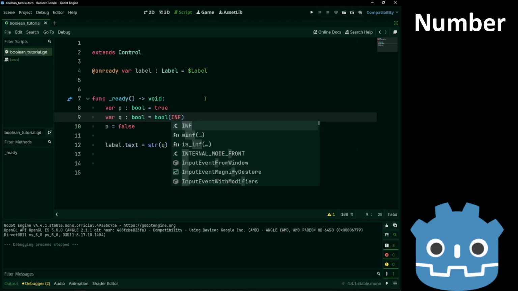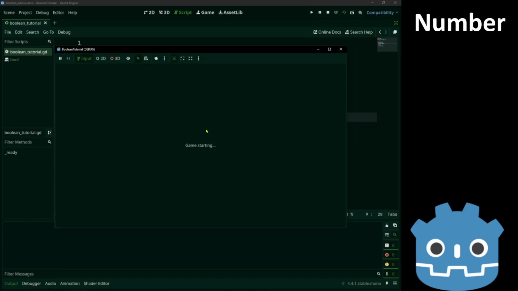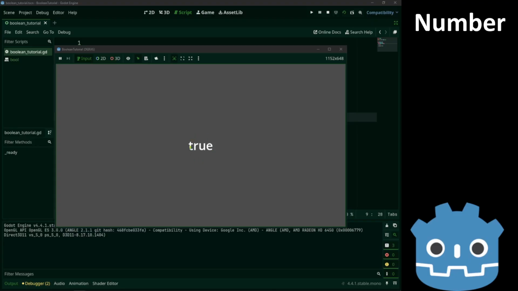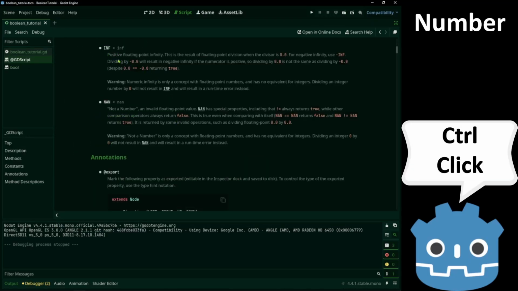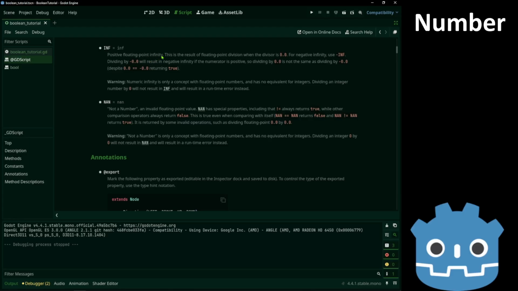We can also use inf and none. This symbolizes infinity, and we can get it by 0 division. We also have negative infinity.